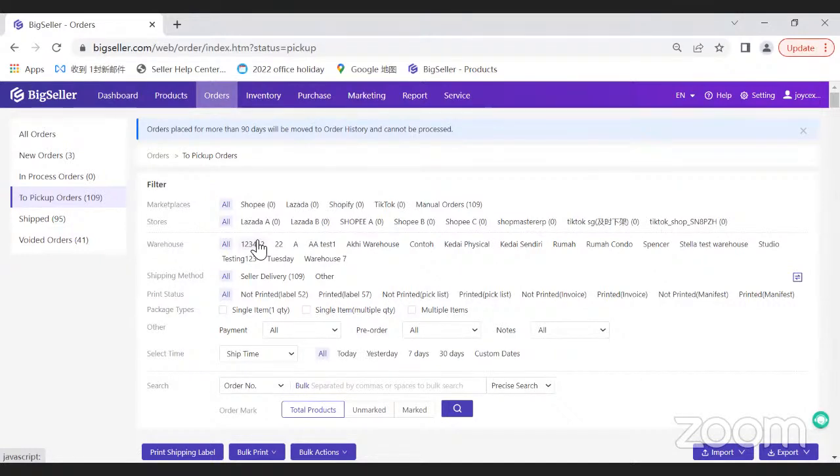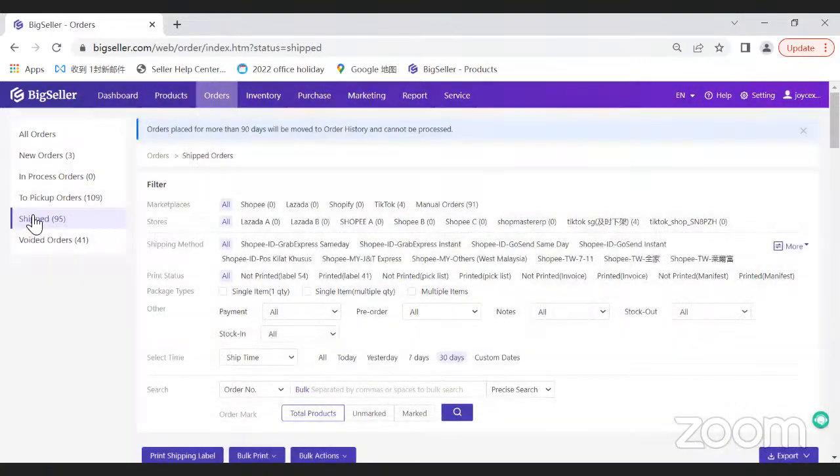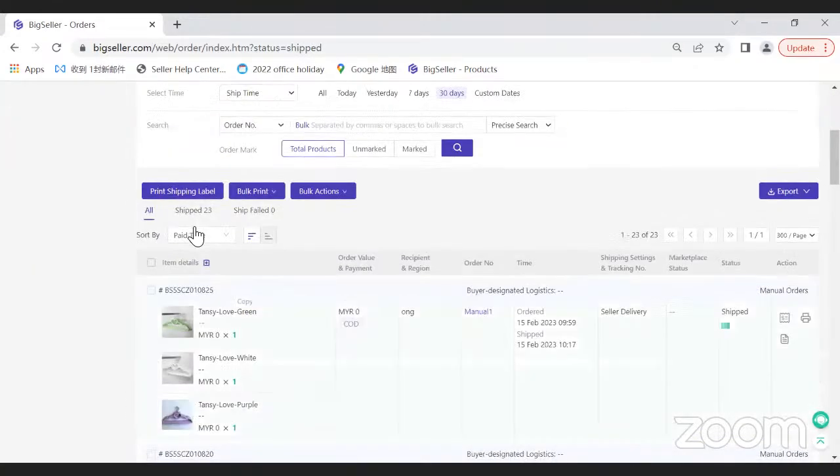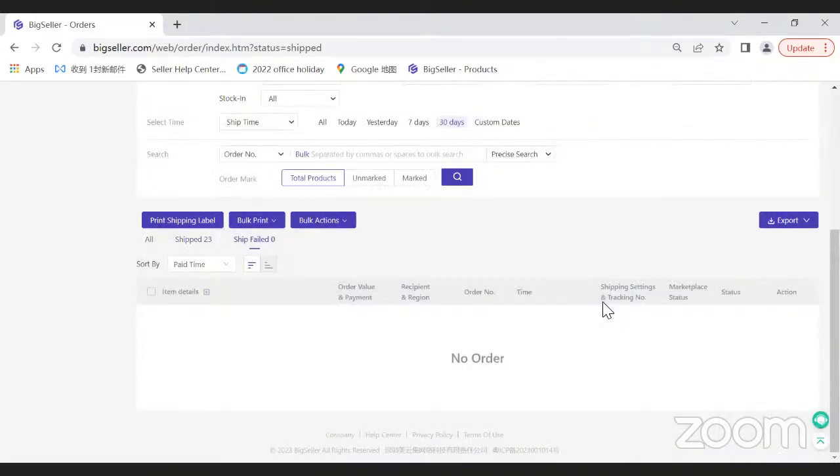And after all these packages have been successfully scanned by the courier, this order will finally be moved to the last status, Shipped. If this order hasn't been canceled, it will be moved to Shipped here. But if, unfortunately, this order has been canceled by your buyers,